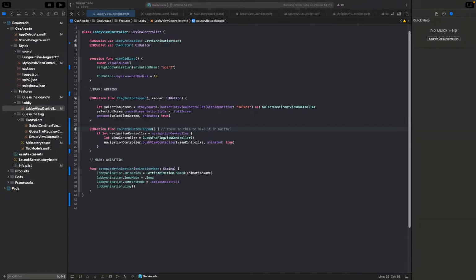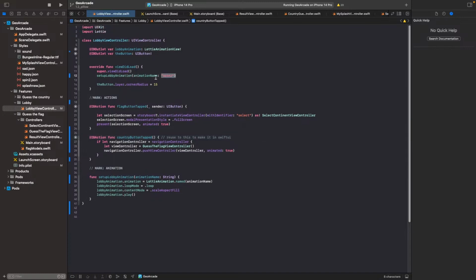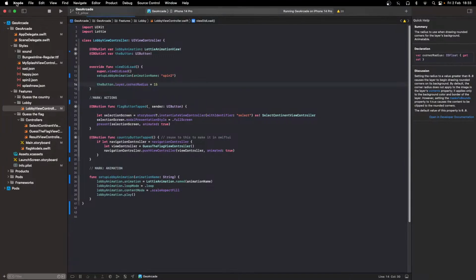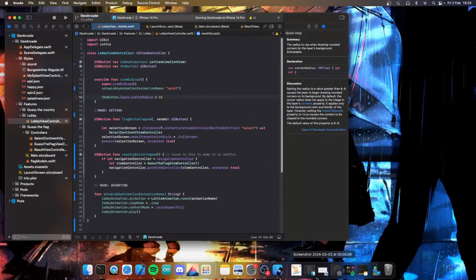Let me think a little bit here. What would be the best course of action? Right, so we have this, which was the spin animation, and then we have a button, and we give it the corner radius, which is what makes it round on the edges, but